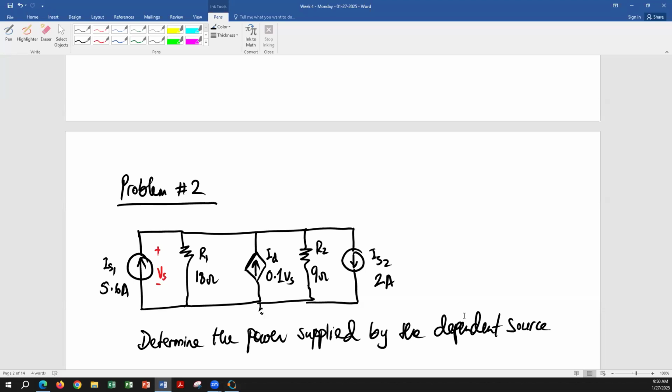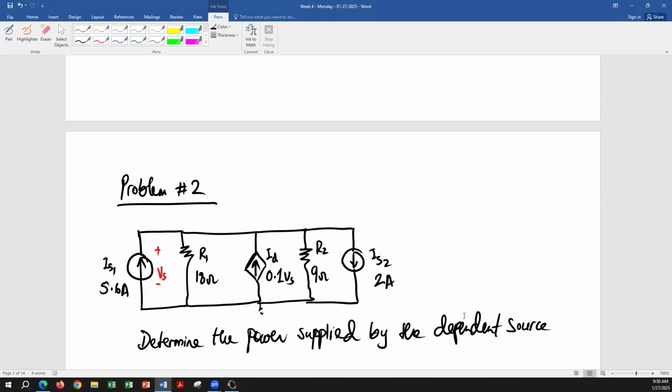Okay, so what will be the equation basically? If I want to write down the equation to calculate the power of the dependent source, 0.1 Vs times Vs. Okay, well, Vs times ID, because Vs is the voltage across the dependent source. Vs times ID, and ID is 0.1 Vs. So 0.1 Vs square is going to be the power simply supplied by the dependent source. Okay, to calculate the value of Vs,